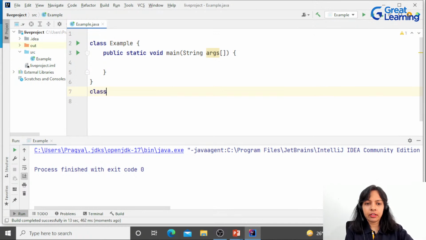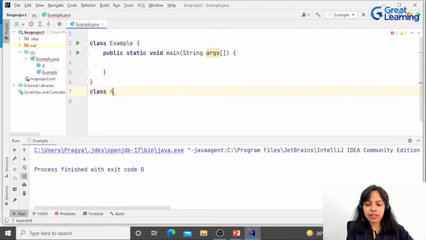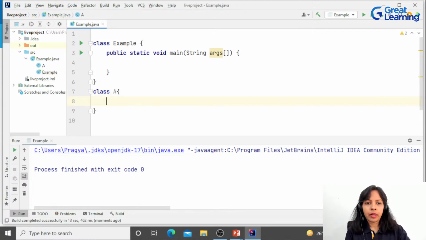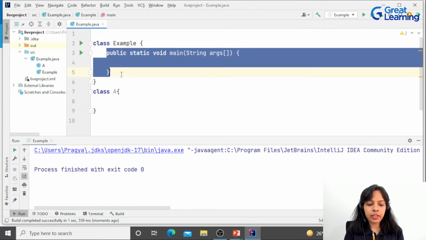If I define one more class, maybe let the name of the class be A as well. Now, if I run this, then also there is no error, no problem. If I remove this from here,